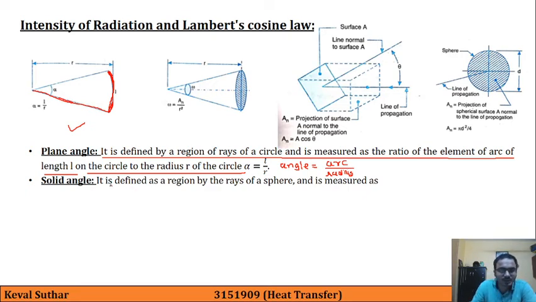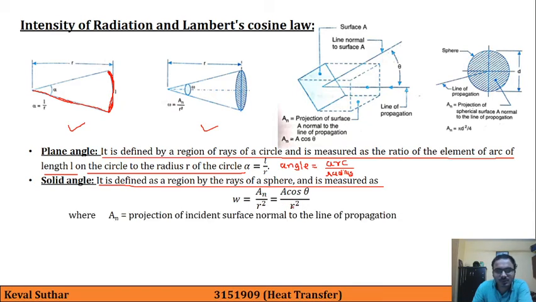The solid angle is defined as a region by rays of sphere and is measured as, so here that is corresponding to this figure, it is defined as the region by rays of a sphere and it is measured with this, that is An upon r square, which is equal to A cos theta upon r square, where here the important thing is